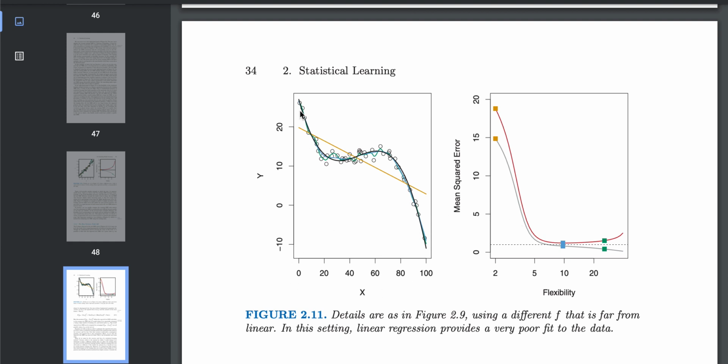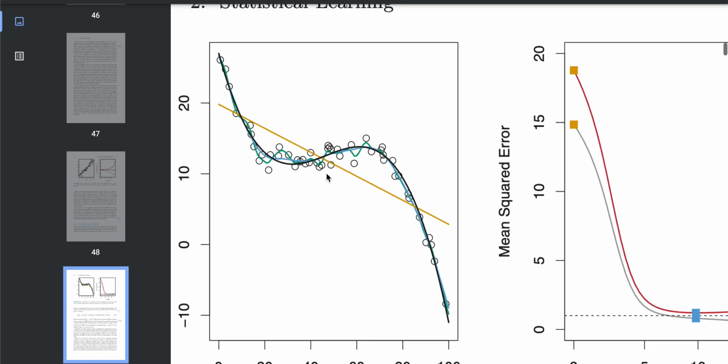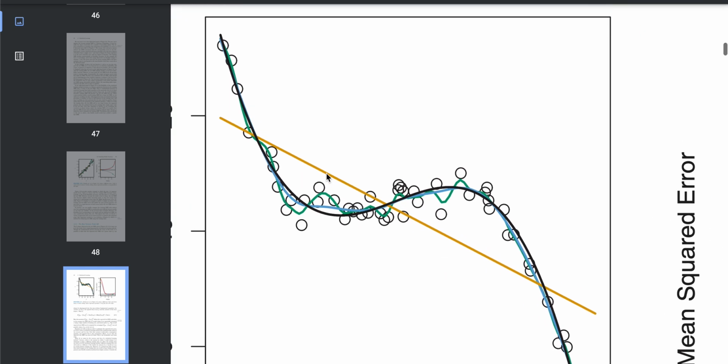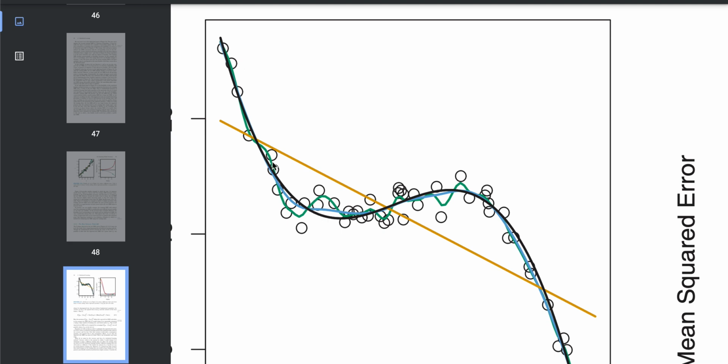Imagine you have these observations, these circles. These are the observations. And then you have this underlying trend, the black curve. So we assume that this underlying trend exists. It's like the population parameter. It's equivalent to the population parameter. When you use a sample mean to estimate the population mean, it's the same here in the sense that you